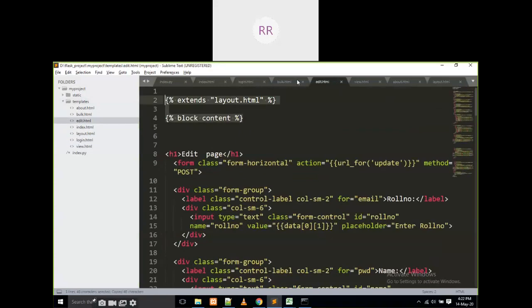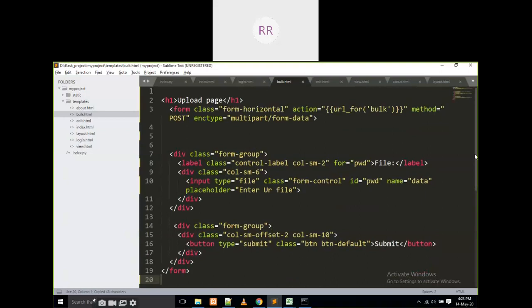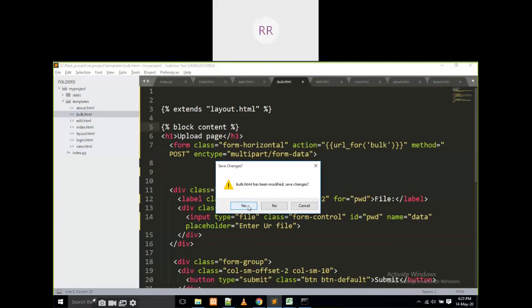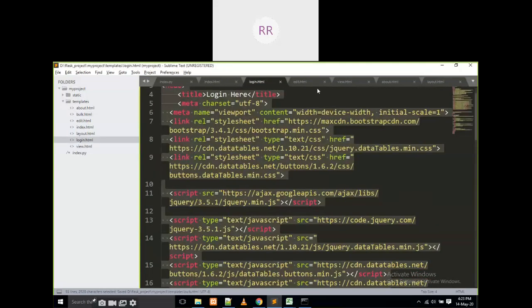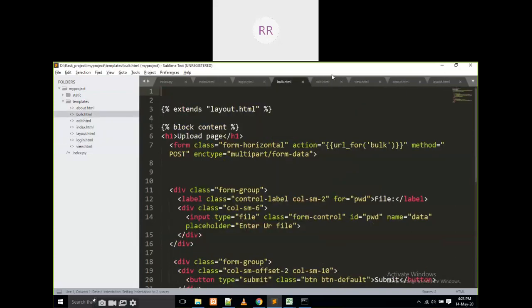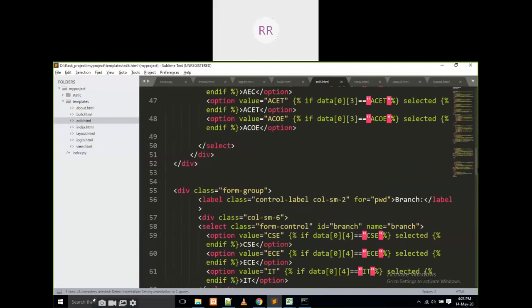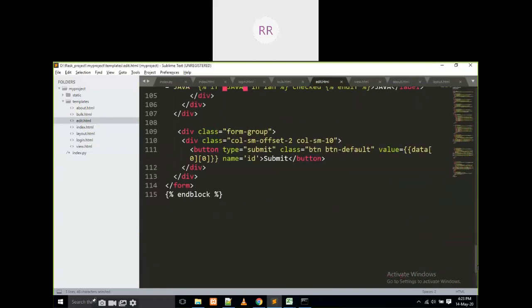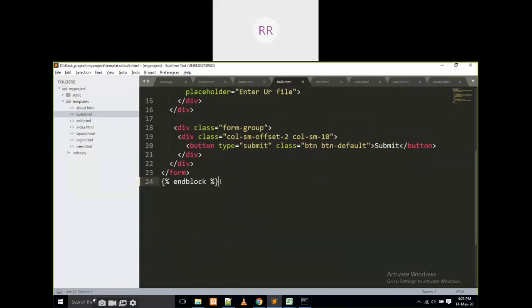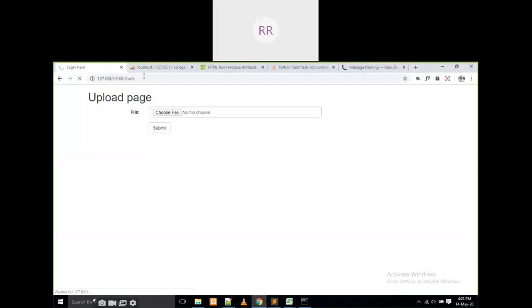Content we have to write it like this. There is no need to change here.